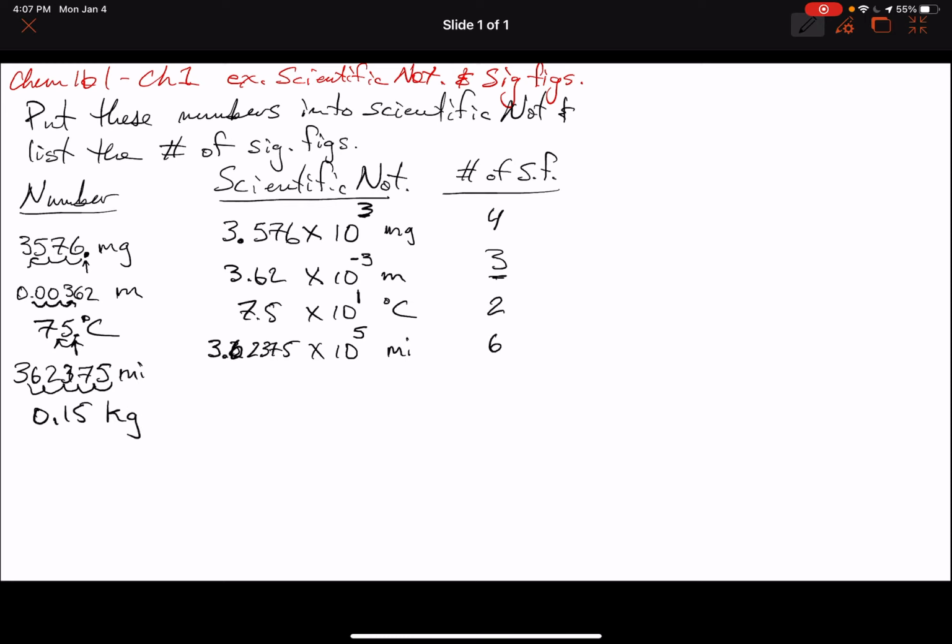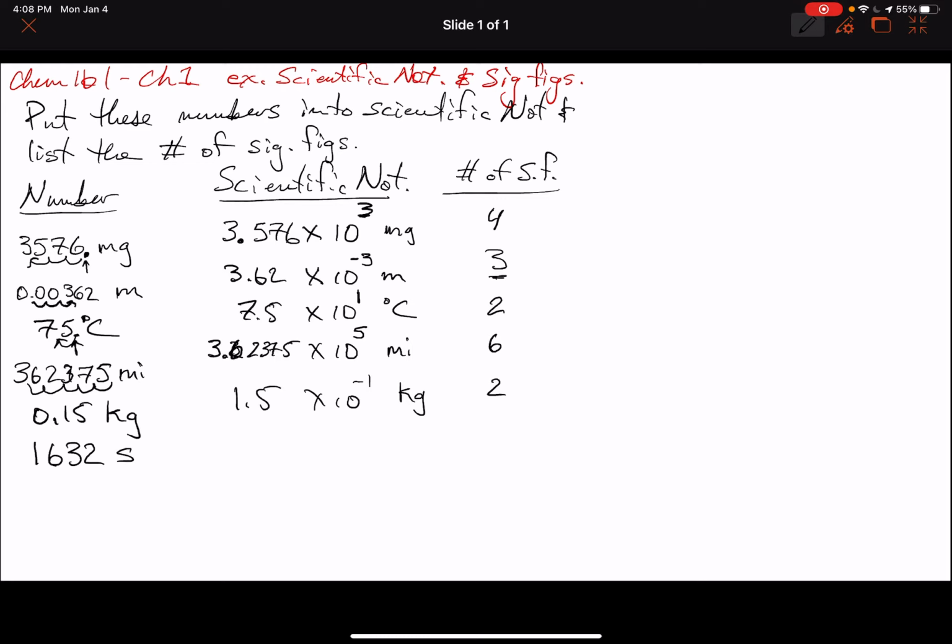And go ahead and pause the video and complete your next 2 entries. Resume when you're ready. Okay, so 0.15, we have a leading 0 ahead of the decimal point. We're not going to count that in sig figs. The other 2 are non-zero entries, so this is a 2 sig fig number times 10 to the, we have to move the decimal point 1 to the right, so that's going to give me a -1, and I'll use my lowercase k and grams for the kilogram, and now I have a 1.5 times 10 to the -1 kilograms there. Okay, moving on,